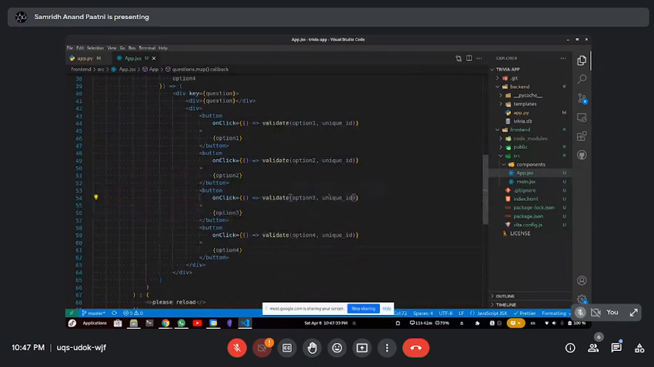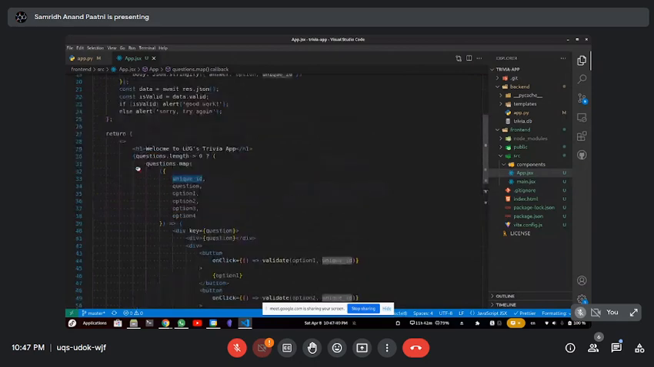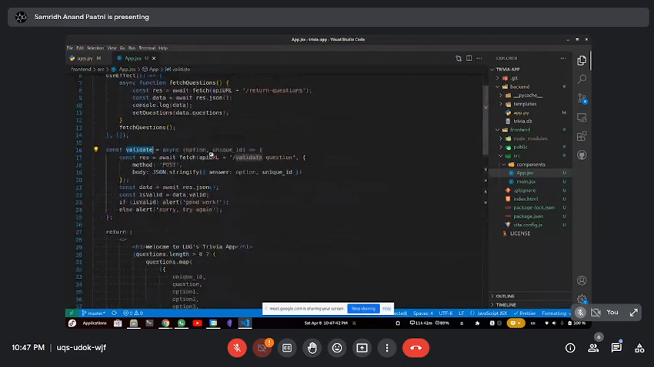In this validate function, we take in the option and the unique ID, and we call our API. We make a fetch request. We say it's a post method, and these are the things we are passing, and it returns an answer, and we just use that answer to say good work or sorry, try again. Okay. So one more thing we can do is